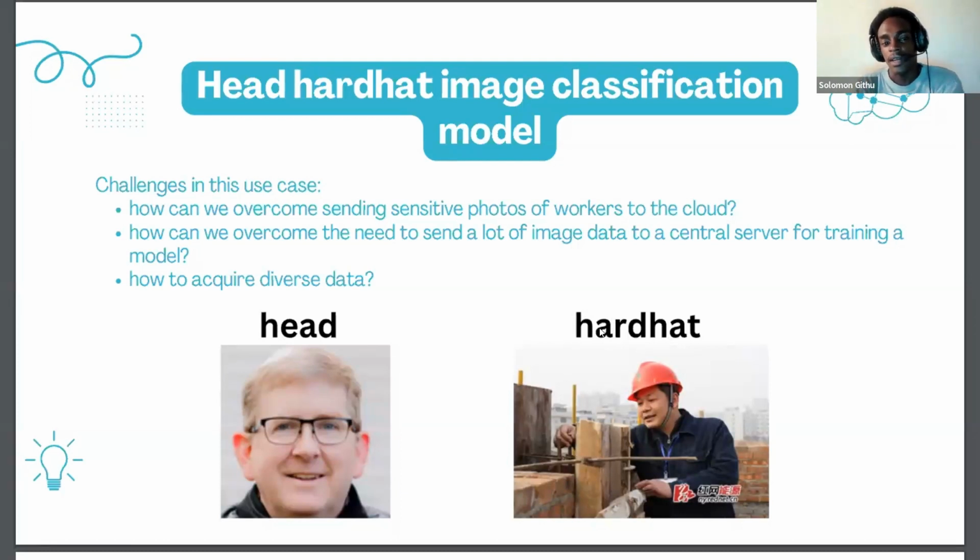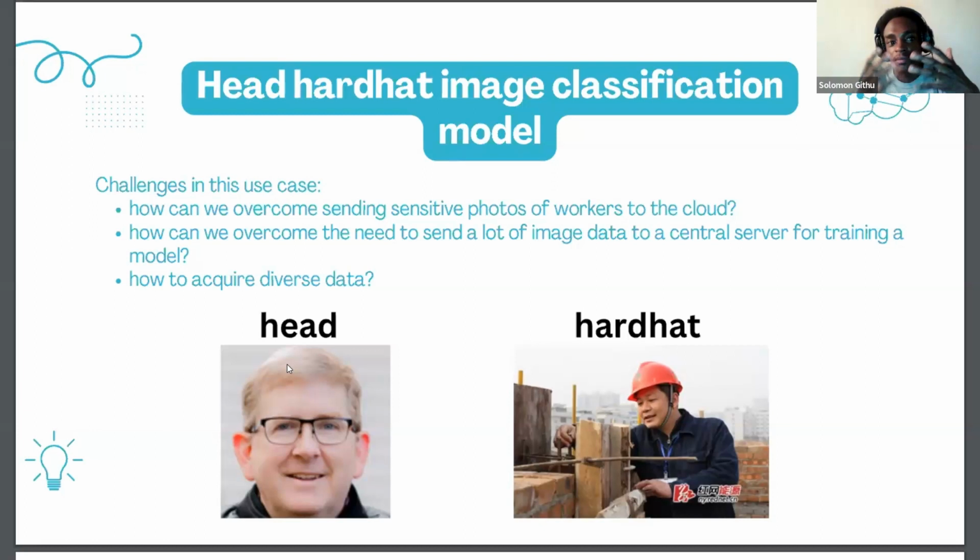For this demonstration, the use case of the challenge here is, let's assume that we have a construction site. And in this construction site, we want to create a system which can tell if the workers are wearing their safety hats. So we can use computer vision to do some surveillance on the workers, and it can say if it only sees a head or if it sees a hard hat. If it just sees a head, and since this is a construction site, it will, let's say, create an alarm, and then the supervisor can go to the person who was just seen with their head.